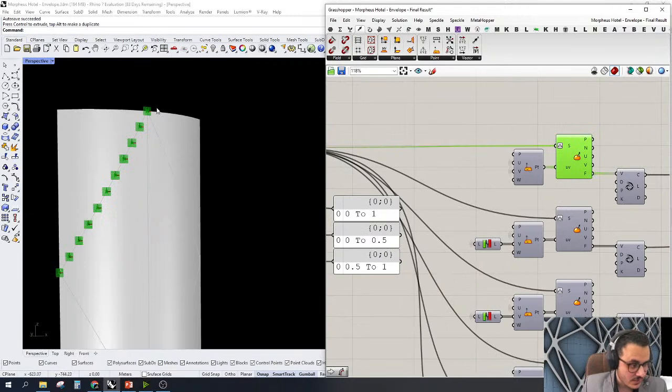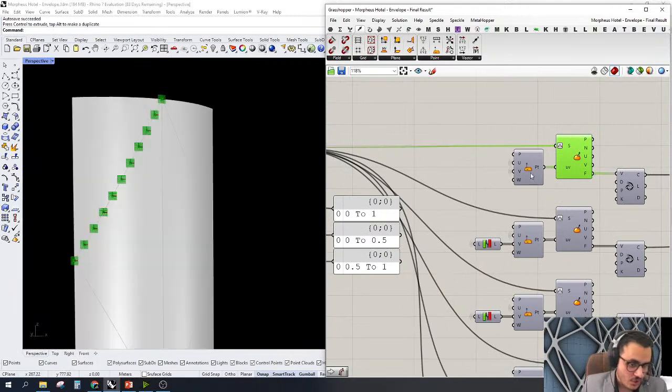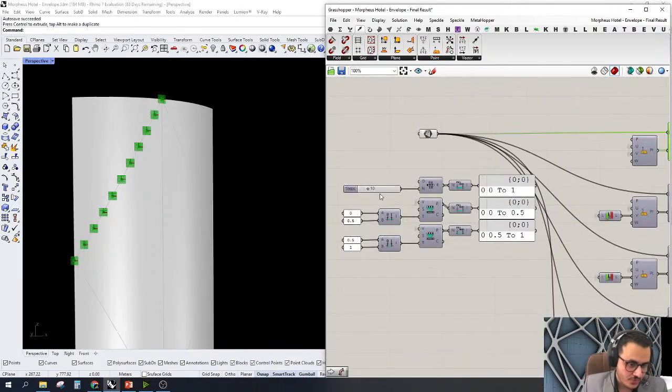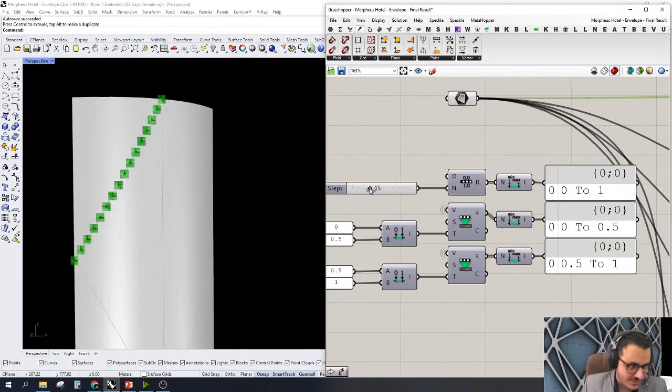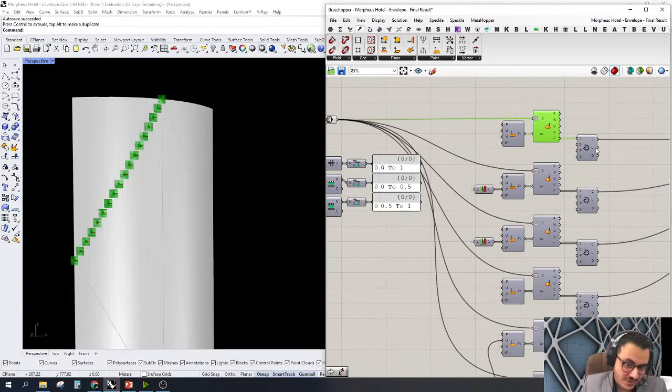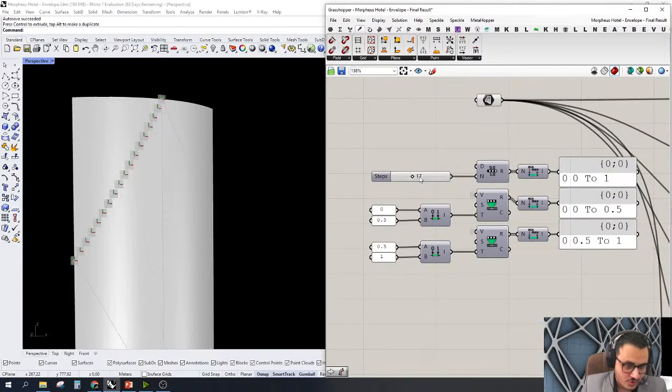These are the points that I used. Of course, when you are working on one surface, you can create as many points as you need to make the curves follow the surface exactly. But when you are working on multiple surfaces at the same time, you need to make sure that